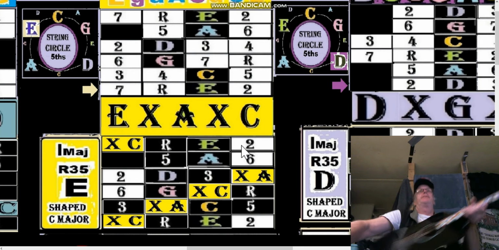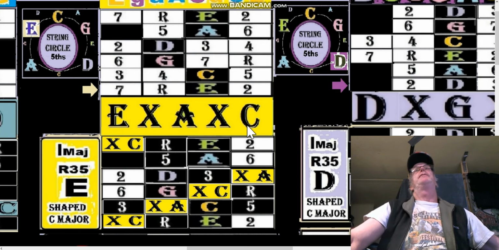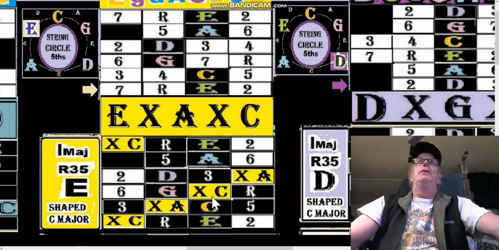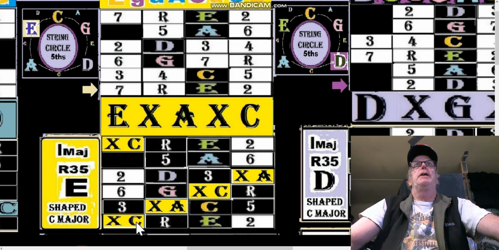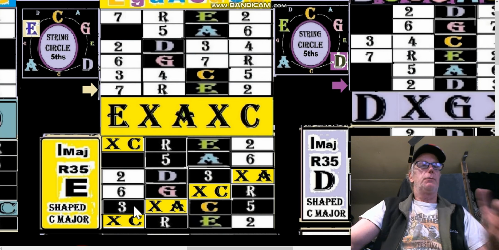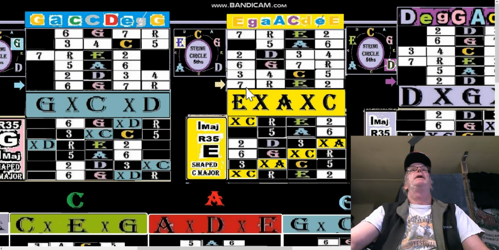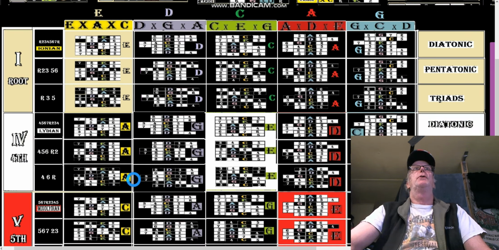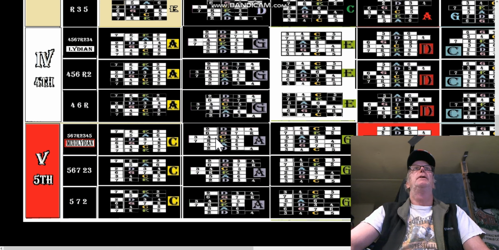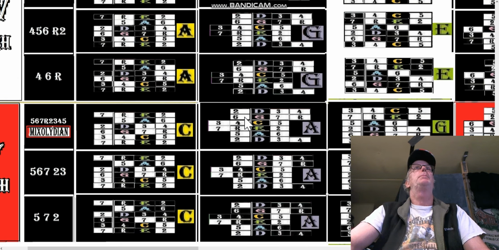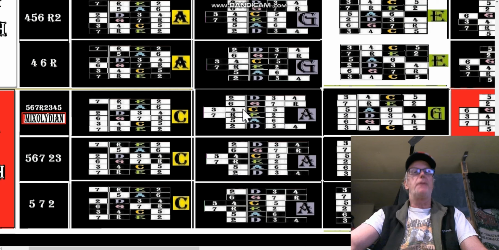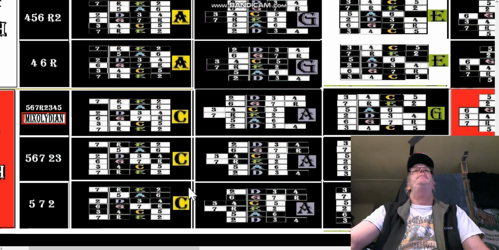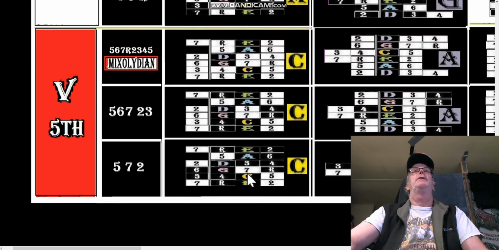Okay, and then the same thing for the fifth. We're going to have a pentatonic C shape. C is going to go here. It's going to be 7, 2. See, because that's what we have to get into here is the pentatonics of the G shape. So I've got them all down here. I know this is a complicated lesson, but it's not that bad. So with the C shape down here,